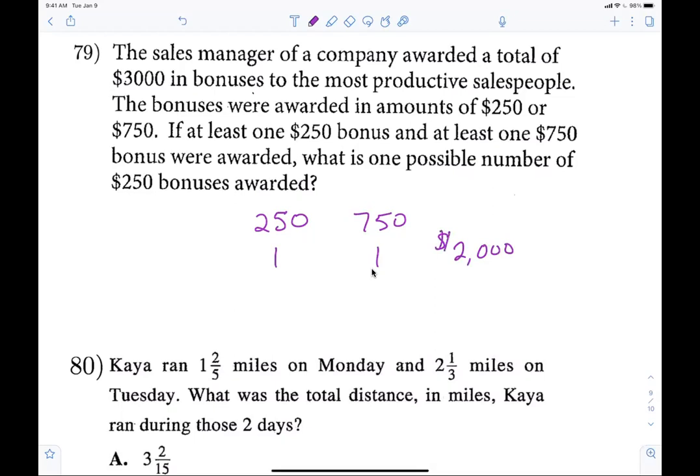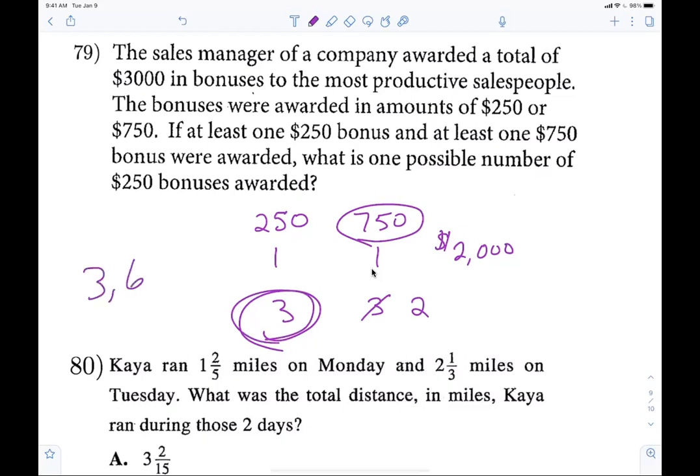Does everybody agree with that? Now, to me, the easiest thing to do would be to say, well, I just gave away one of each, that would be 1,000. So one answer for sure is 3 of each. Does everybody agree with that? Now, does everybody agree these over here are worth 750? So one 750 is worth the same as what? 3 of the others, correct? So instead of it being 3, I could have made that a what? 2, which means there then would be how many over here? 6. So 3 or 6.